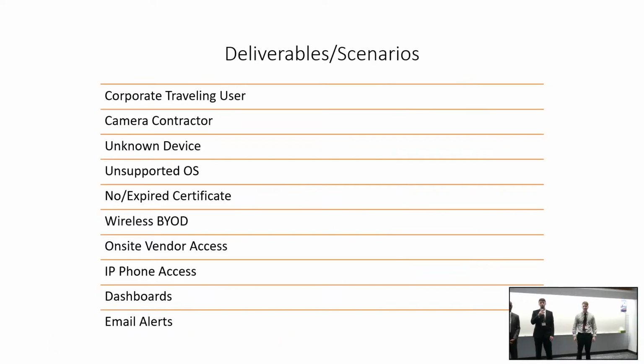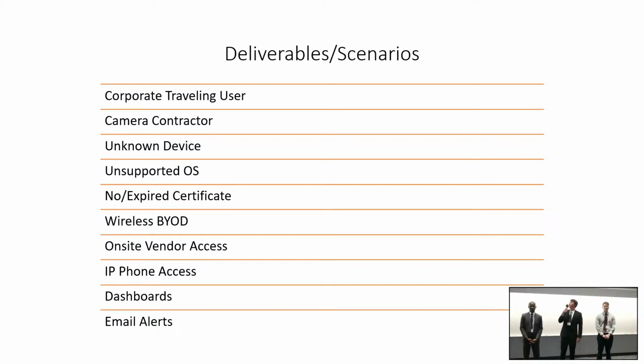So, some of the deliverables and scenarios that Menards tasked us with throughout this semester. We'll go more in depth about some of these later on, but some key points that we won't necessarily touch on in our later demos. One of them being the on-site vendor access. They wanted a solution to have a vendor log into the network with their own credentials and get their proper access into the network. That way they could access their own on-site machinery and Internet of Things devices,